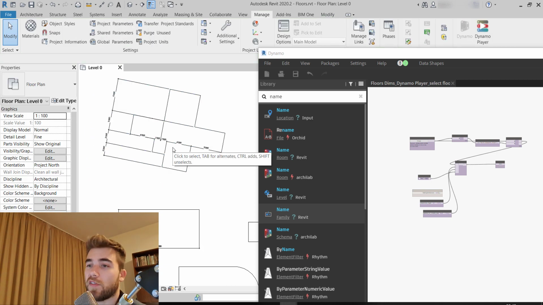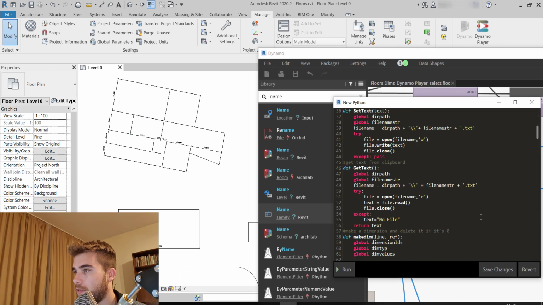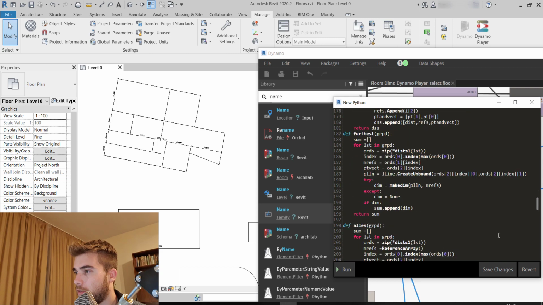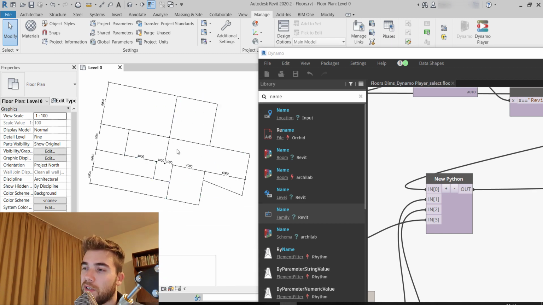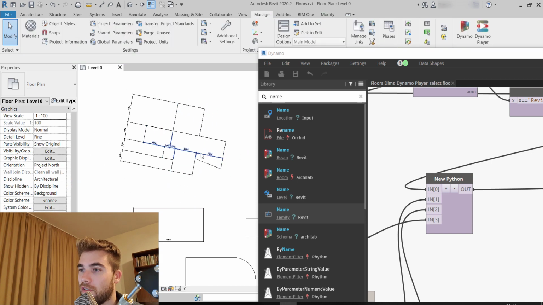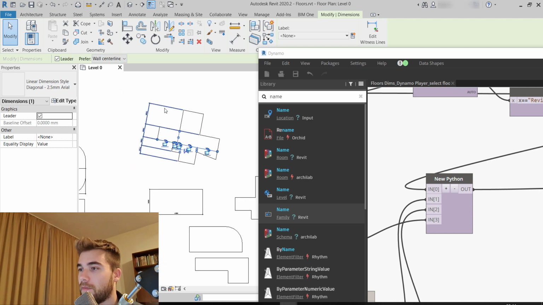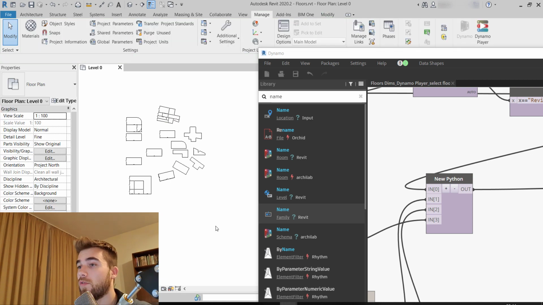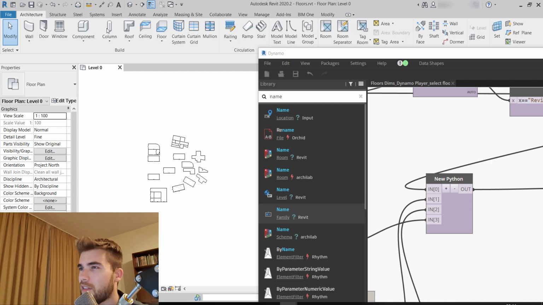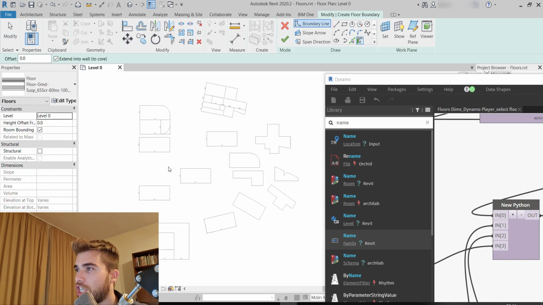to all the parallel faces. So how it works internally, what's inside that node? Well, it's a Python node, and it's a bit long one. And what it does is it finds all the parallels in a floor, and it creates a dimension for either all the faces or the furthest apart. And this is really interesting actually, because I haven't done this before, and now I'm going to do it for the first time here. But let's say we create a floor which has a weird shape, like